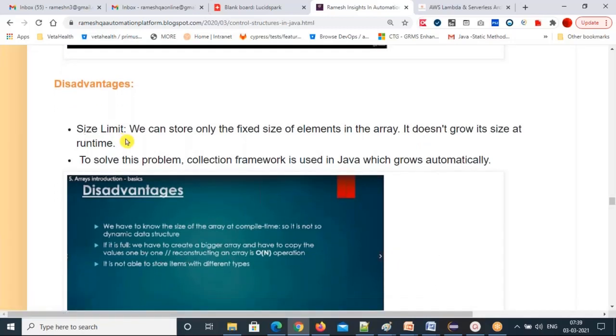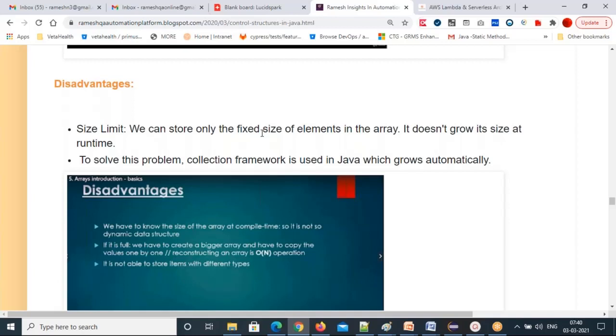Then there is the size limit. We can store only a fixed number of elements in the array. It doesn't grow in size at runtime. For example, if you declared 5, only 5 elements can be stored in the array. The 6th element you cannot place because there is no memory for it.